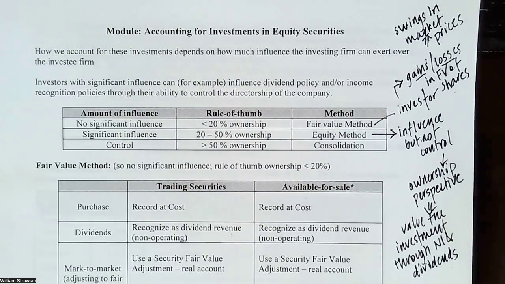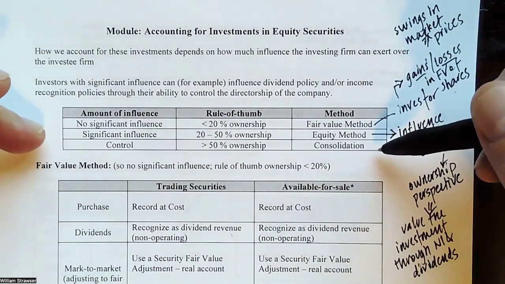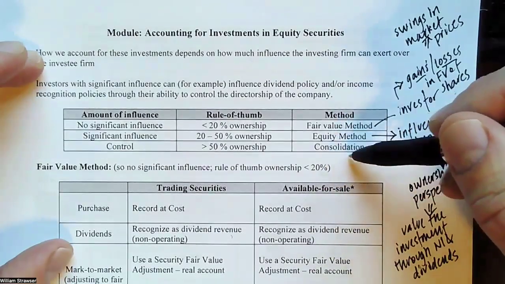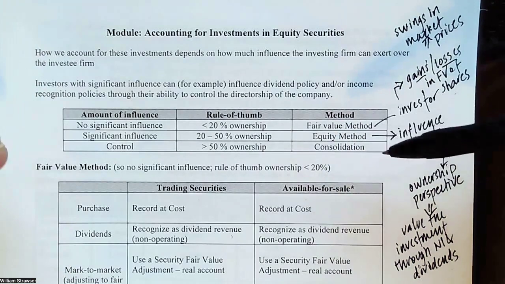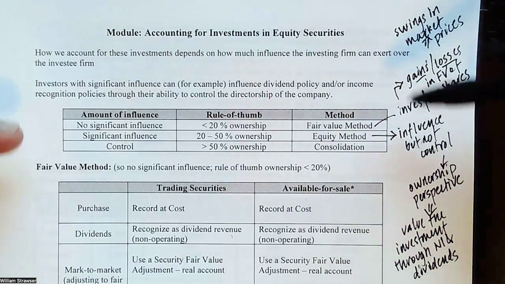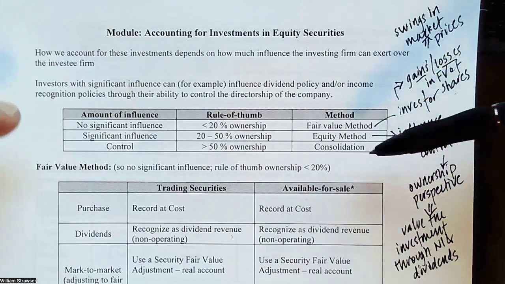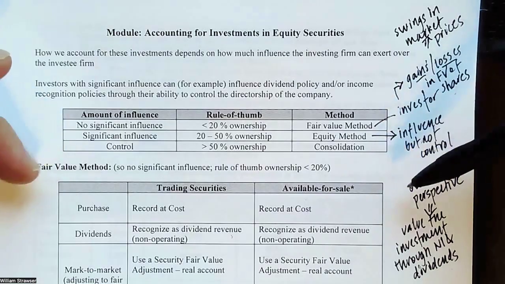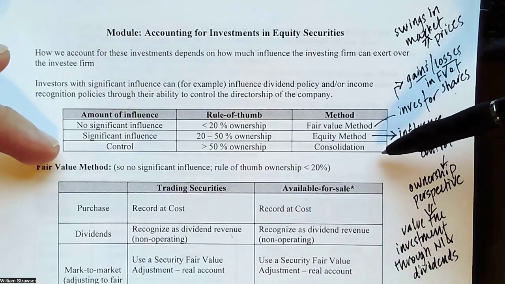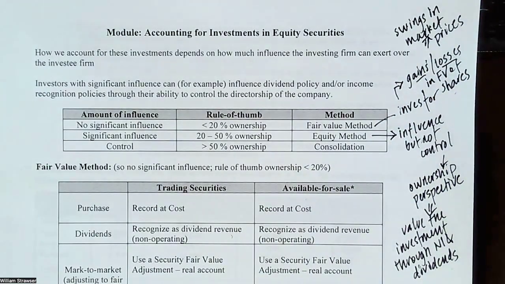In the case of owning more than 50% of the company, this is when we enact consolidation procedures. So we're going to look at each type and we're going to look at the accounting entries behind each type. The first part of these notes for chapter two is going to look at the insignificant influence and the significant influence. And then the second part of the notes will talk about control and consolidation.